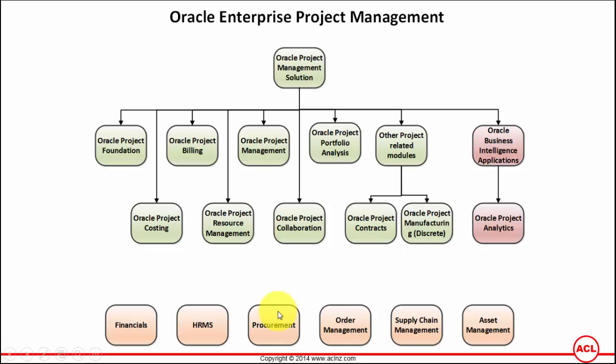A simple example of procurement cycle is that if a project manager wants a new contractor, then he goes and raises a requisition in iProcurement, and via that requisition he sends a purchase order to the supplier, and if iSupplier portal is implemented, the supplier can log in to iSupplier portal, looks at the purchase order details,